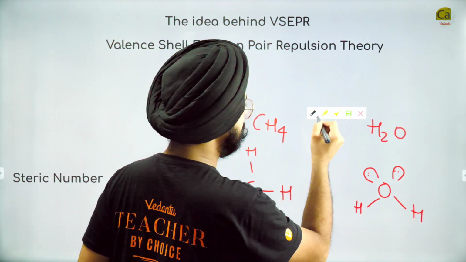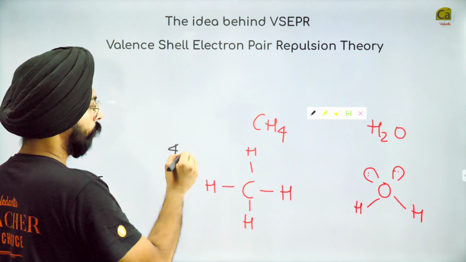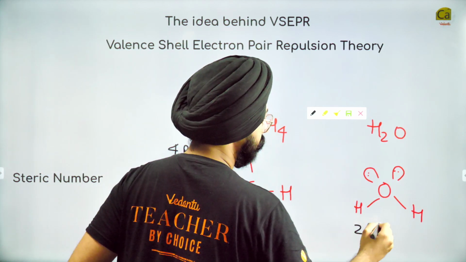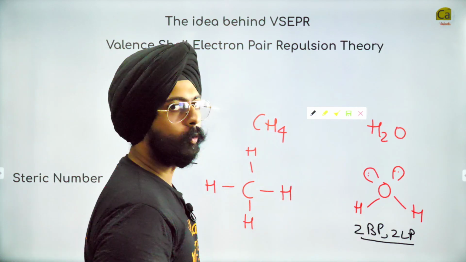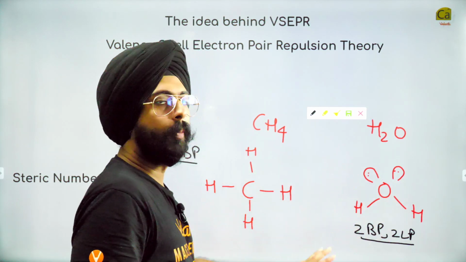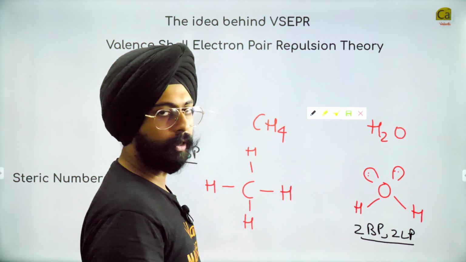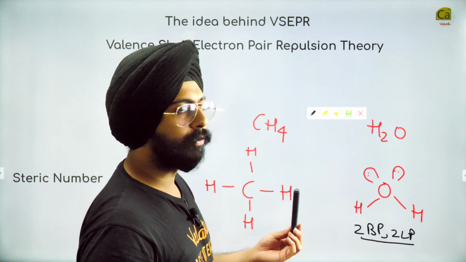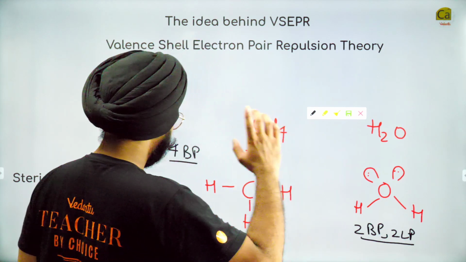This is what I can do. And we already have seen this in the very first class of the chapter, that carbon over here has 4 bond pairs. Oxygen over here has 2 bond pairs and 2 lone pairs. So we understand the terminology of bond pairs and lone pairs, and we understand that on any atom there are going to be multiple bond pairs and lone pairs in any covalent molecule. That's how we make these particular structures. Yeah, that's how a covalent bond exists. Now my dear friends, these different covalent bonds can be given a certain shape. Let me tell you how.